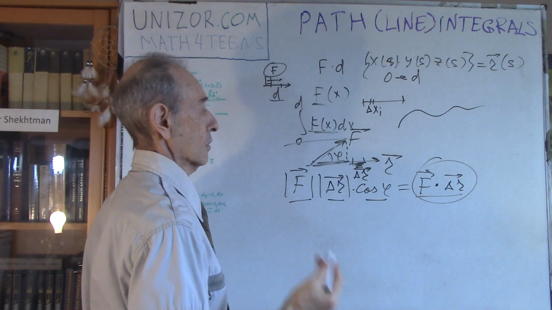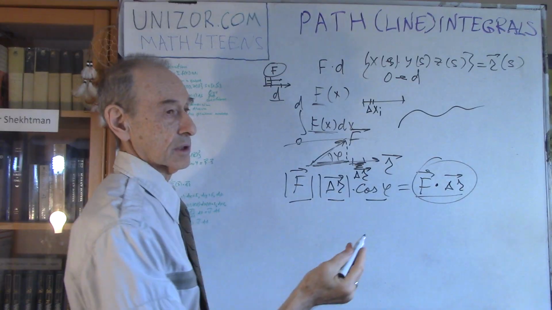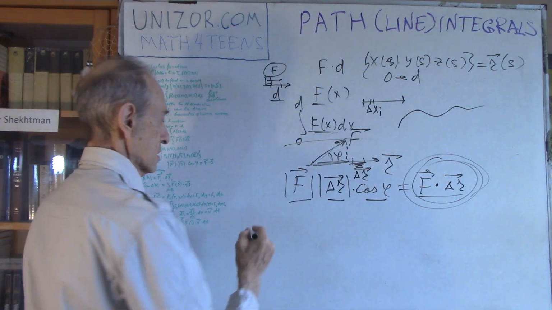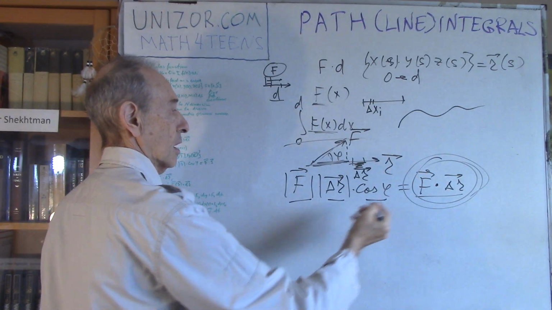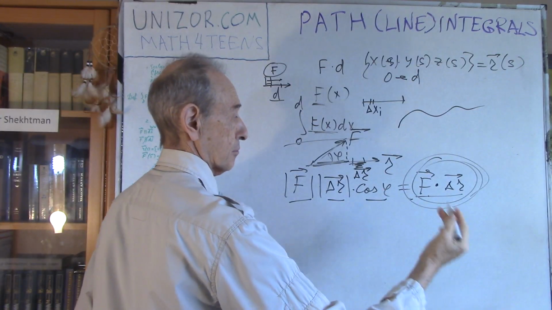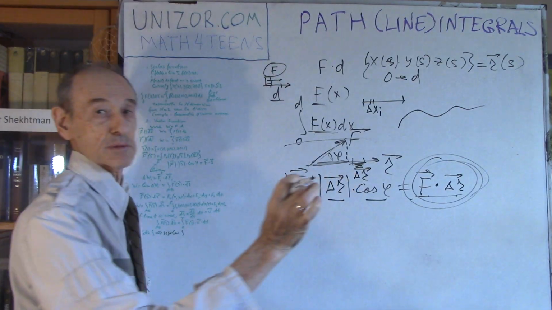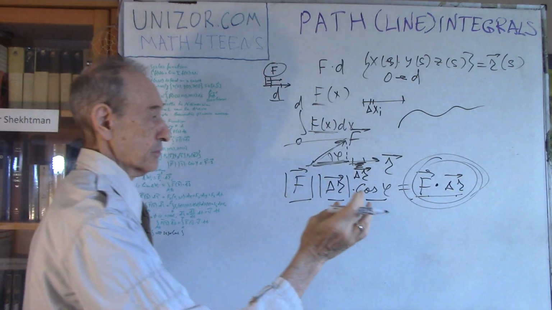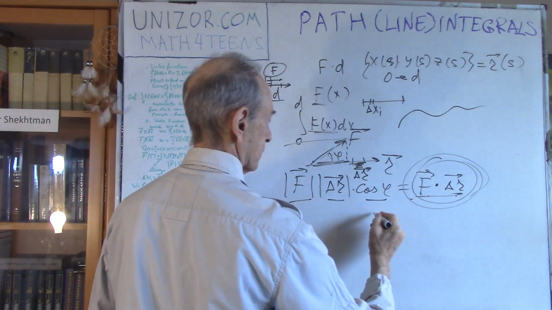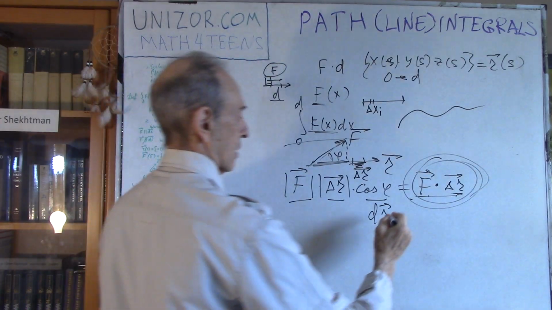Fine. So how do we calculate this particular path integral? This is the key. You basically have to multiply, as a scalar product, vector f and an infinitesimal piece of the curve, obviously. Okay, an infinitesimal piece of the curve, we can call it dr, let's say. Now, what is dr? Well,